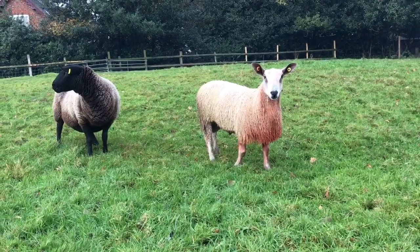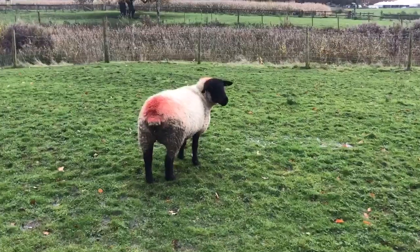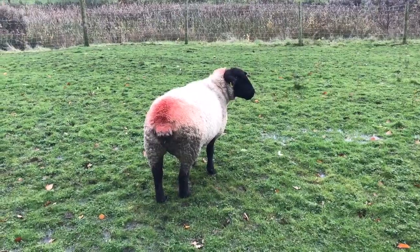Okay, and when he jumps up to mount the ewe and naturally make love to her, or serve her as we call it, he will cover that ewe in paint. Okay, and it gives us an indication that he's doing his job. So what I should hopefully see when we go back down the field now is lots of ewes covered in orange paint. So the raddle just gives you an idea that your tups are working,